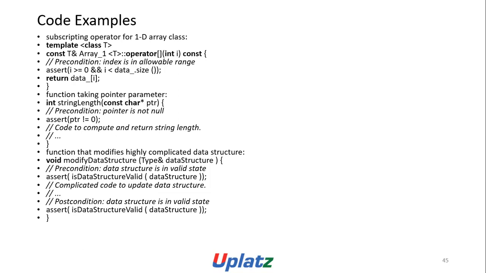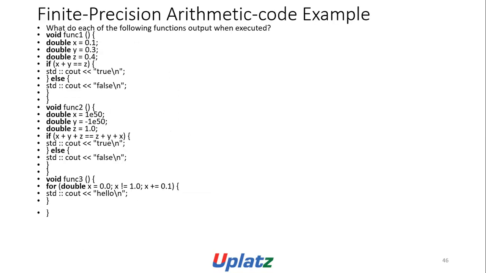// compute and return string length. // function that modifies a complicated data structure. void modify_data_structure(type& data_structure) { // precondition: data structure is in valid state. assert(is_data_structure_valid(data_structure)); // complicated code to update data structure // postcondition: data structure is in valid state. assert(is_data_structure_valid(data_structure)); }